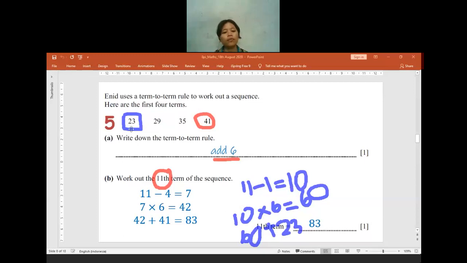But you don't have to use the first term. You can use any other term. You can use the second term, the third term, or the fourth term. It will be up to you. Here, I show the steps when I use the fourth term, but most of you, when I checked last night, used the first term. Okay, no question? Okay, if you have no question, I will move to question 6.